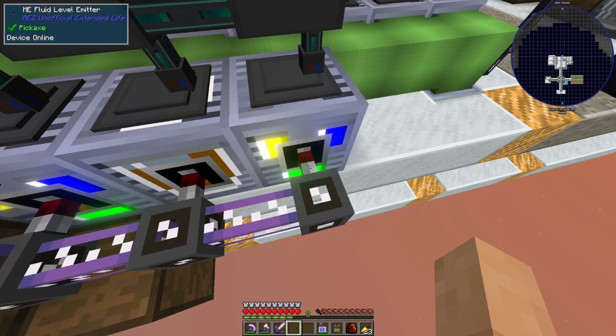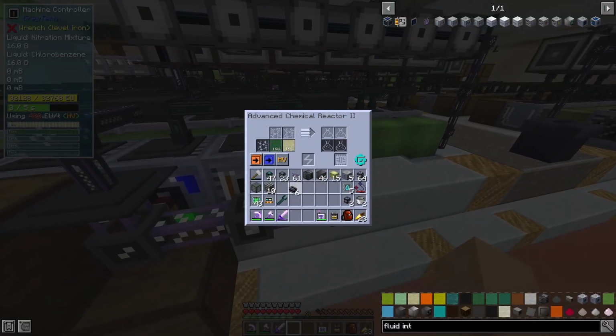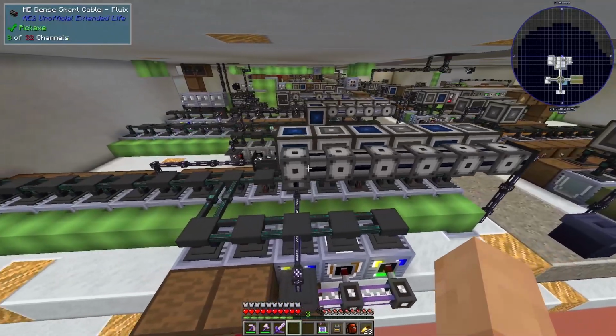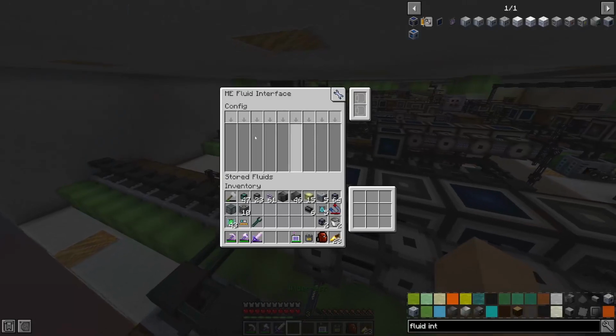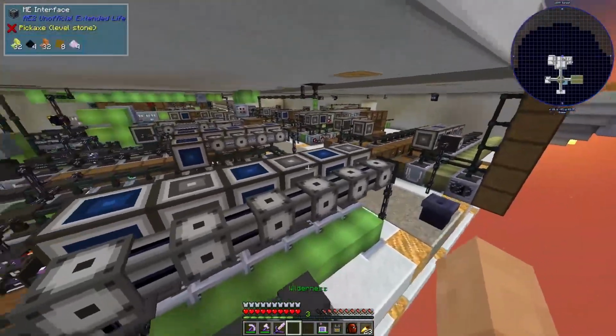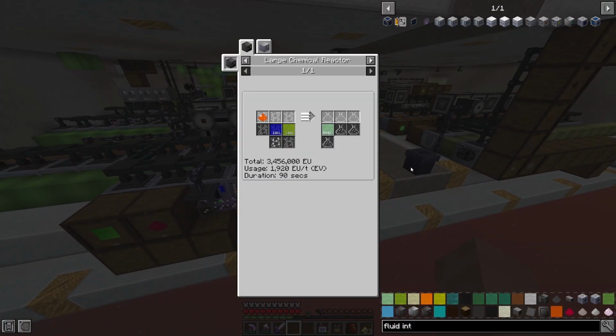Make sure that we have channels, devices online. We are good to go. No issues at all. Okay, so now that we're getting our 2,2, and it's going away, right? As you can see, now I just have to check this one because these ones don't accept. I know that. So now that we're getting our 2,2, we can work on our 3,3